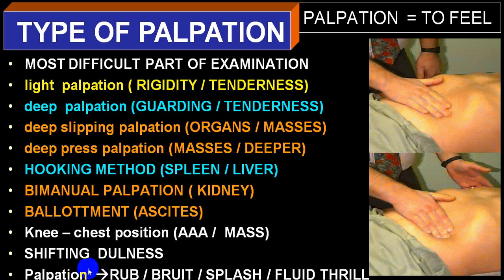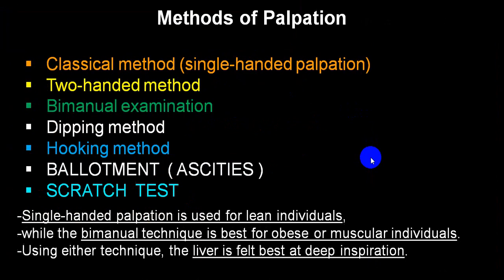Some of the things which you can palpate, if they are loud enough, like a rub, we call a palpable rub, mainly hepatic rub and splenic rub. If a bruit is loud enough over the artery, you can have a palpable bruit, and over the portion where you have fluid plus air, you can get even a splash. The classical example is in a case of pyloric stenosis. So all this should be looked for in palpation. Now we'll be going through them one by one.